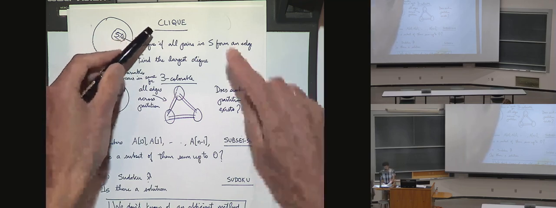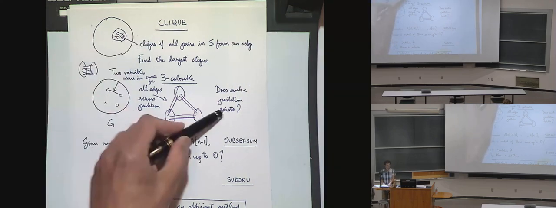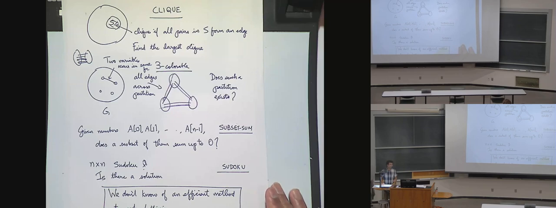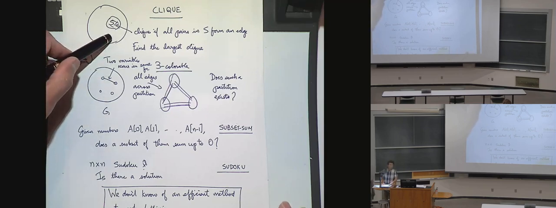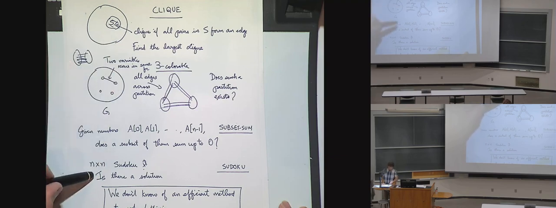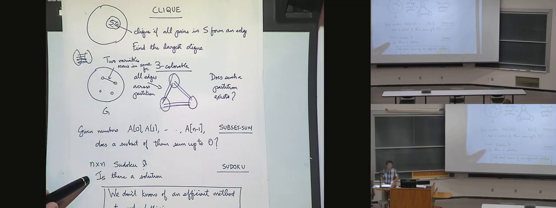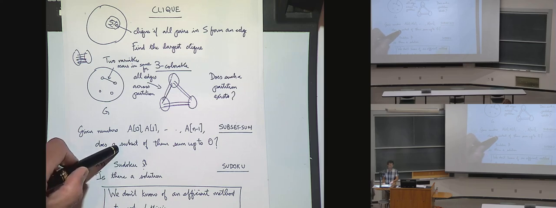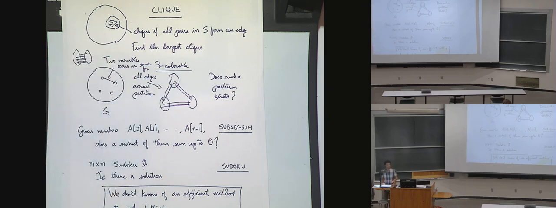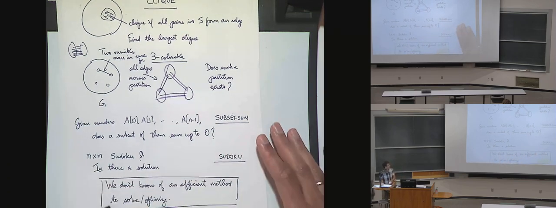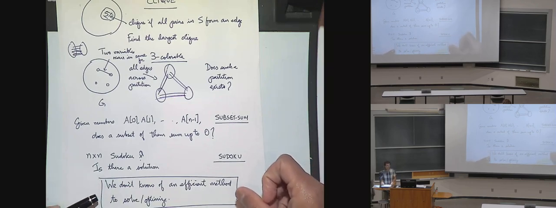So what that means is there actually happens to be a way of converting all these problems to each other, which is pretty crazy. It means that if you give me a clique problem, I can convert it to an n-cross-n Sudoku, so that the clique problem has a large clique only if the Sudoku problem can be solved. And I can take the Sudoku problem and convert it to a subset sum, and convert that to a three-colorability or any which way, efficiently in polynomial time. So there's some caveats over there. So the point is, the theory of NP completeness gives a way of trying to understand why there isn't an efficient